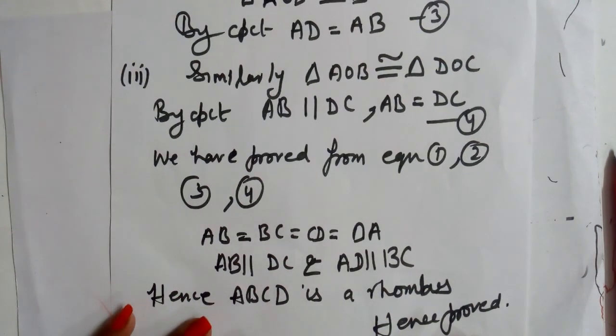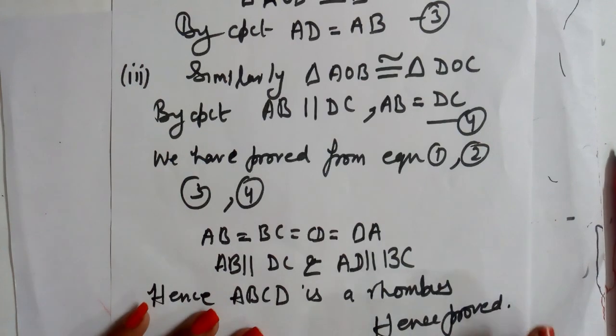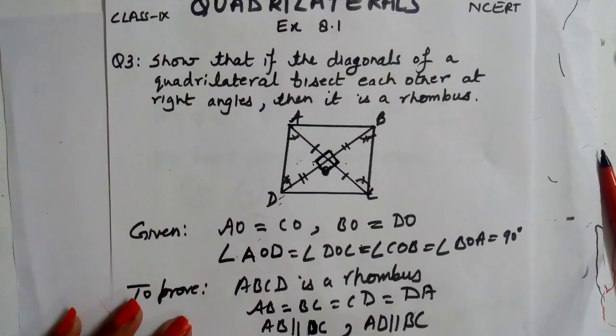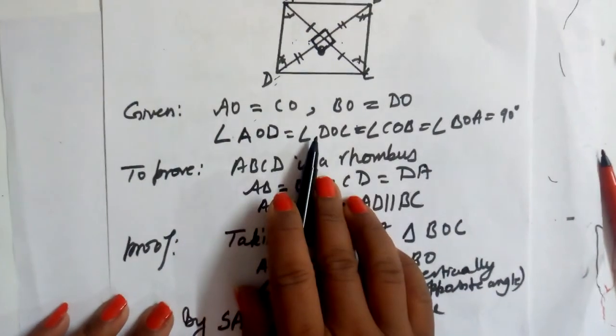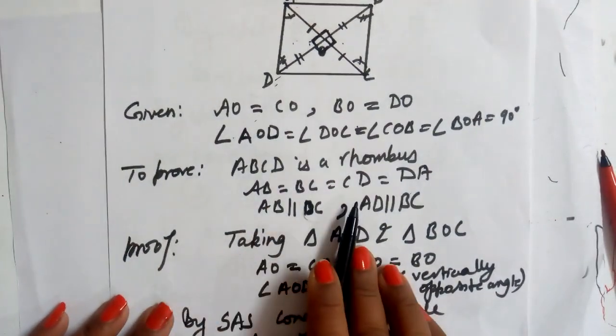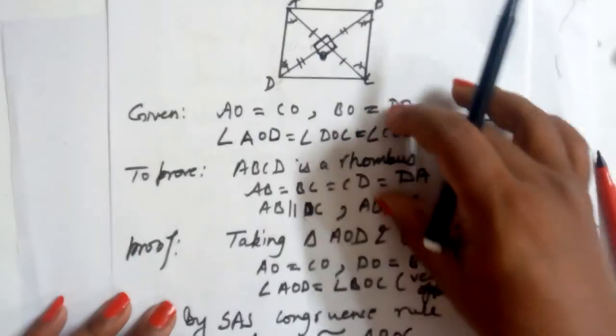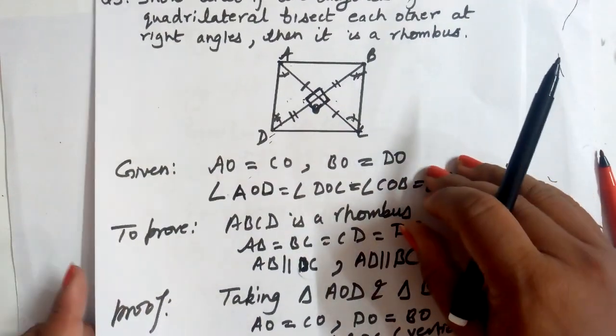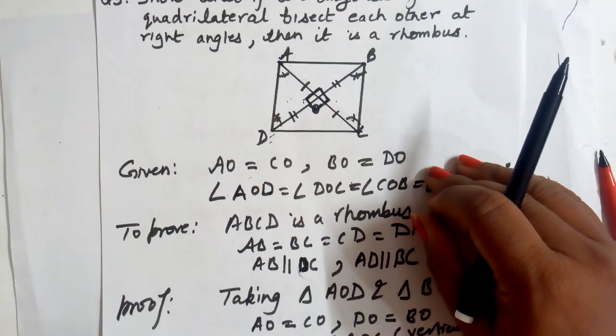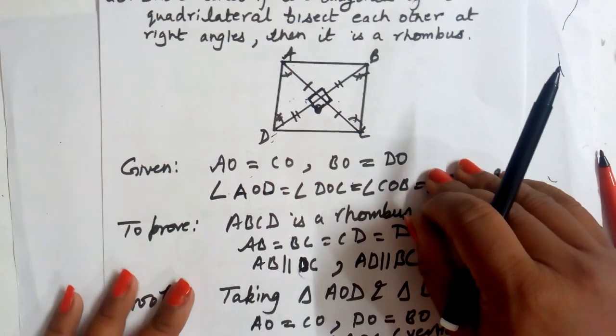So what is the thing that I want to tell you? First of all, this question becomes very important and you have to do it step by step. What is the important thing? The given should be very clear to you. What you need to prove should be very clear to you. If these two things and the figure are very clear to you, you are able to prove whatever the question wants. So I hope it is clear.